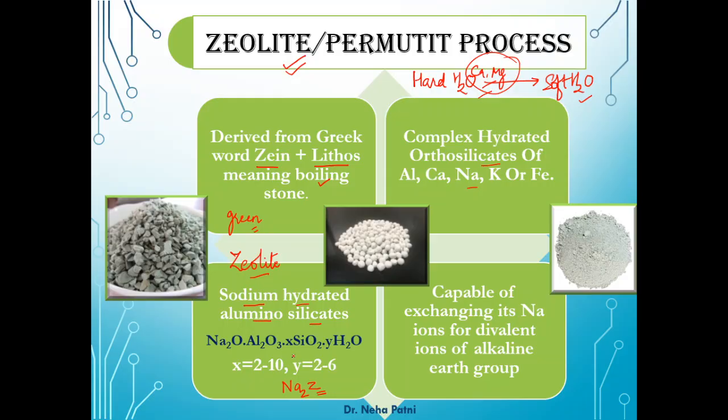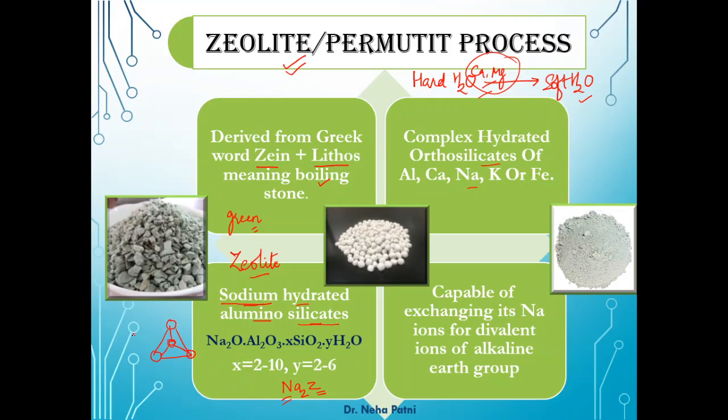Now if you look into the name of the compound, it is very easy to locate that sodium is written first. That means sodium is the ion which is quite free in the structure of the zeolite. At the end, silicate is mentioned. That means the major network is of silicate. Now, if you remember, silicate was a tetrahedron, and the SiO4 4- tetrahedra look like this. Now, these could make a chain form or a sheet form. That is how silicate exists.